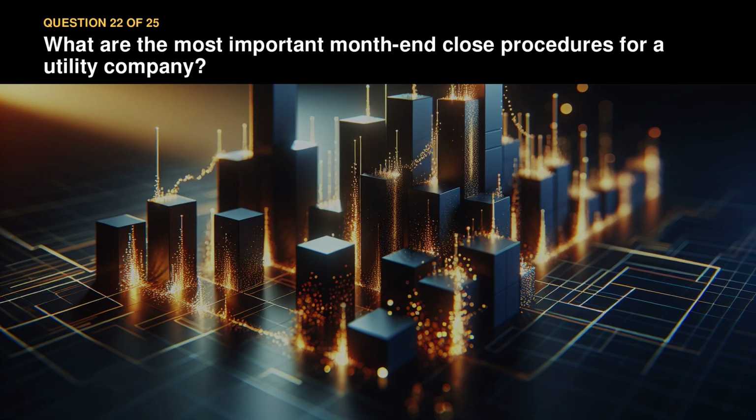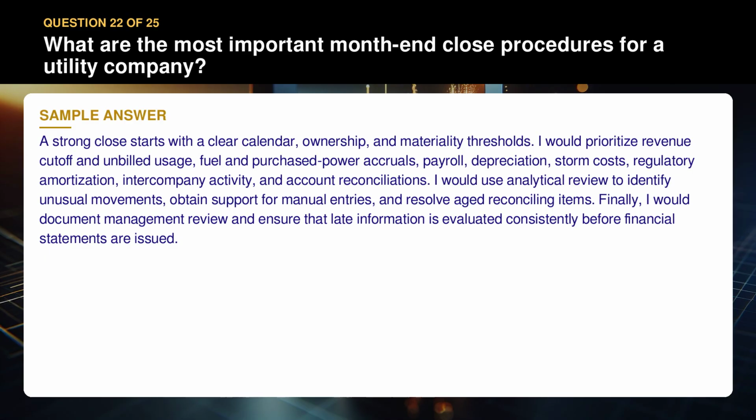Question 22. What are the most important month-end close procedures for a utility company? A strong close starts with a clear calendar, ownership, and materiality thresholds. I would prioritize revenue cutoff and unbilled usage, fuel and purchased power accruals, payroll, depreciation, storm costs, regulatory amortization, intercompany activity, and account reconciliations. I would use analytical review to identify unusual movements, obtain support for manual entries, and resolve aged reconciling items. Finally, I would document management review and ensure that late information is evaluated consistently before financial statements